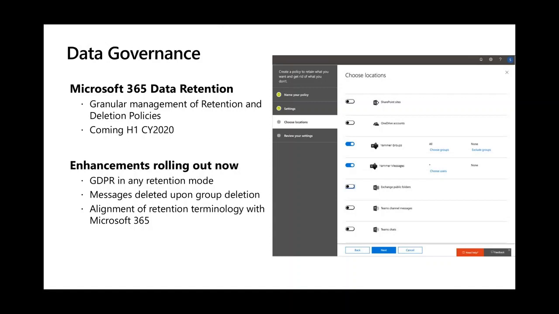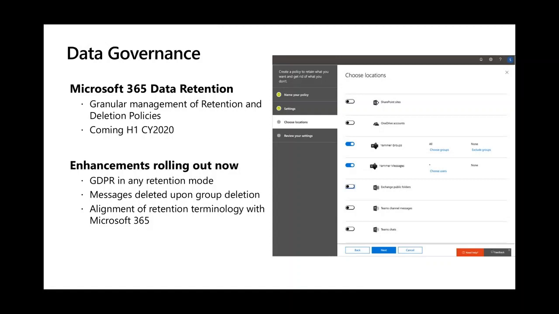If you're not in native mode, you have the option to do either delete mode or archive mode. If you're in archive mode, it's going to be that permanent retention that I mentioned in native mode. And if you're in delete mode, it's going to hold a copy of all of your deleted data for 30 days to support features like group restore. But then once that 30-day period is up, it's going to entirely erase that data.